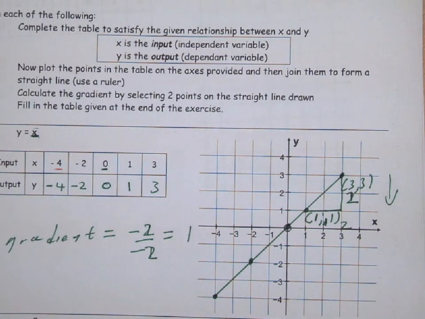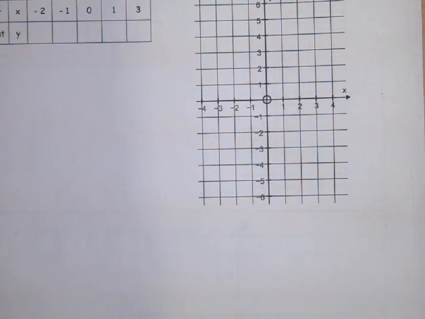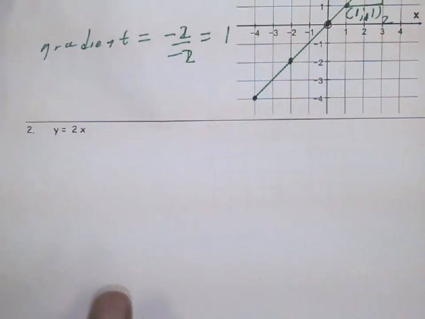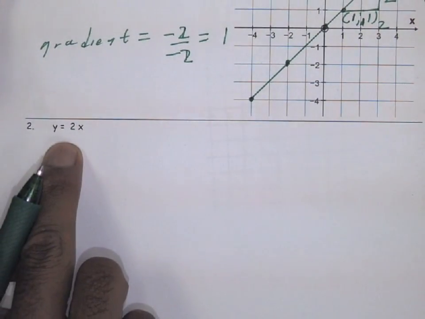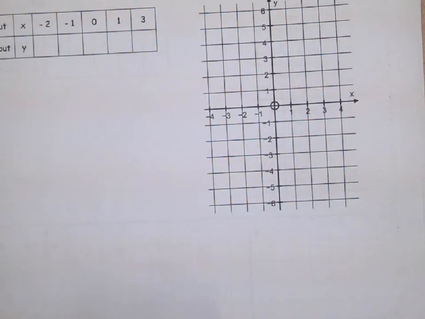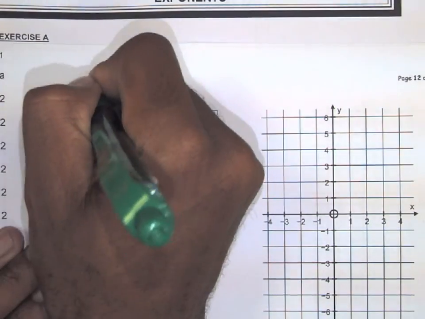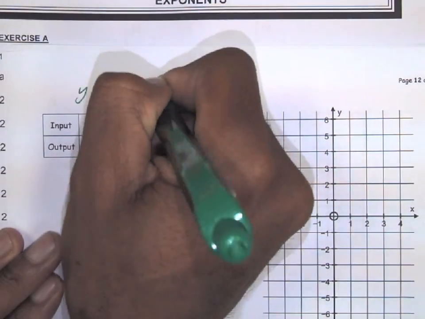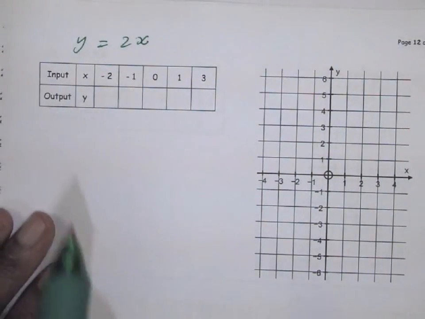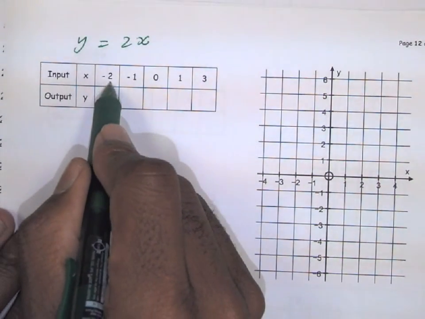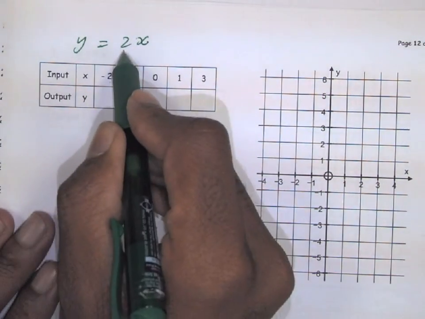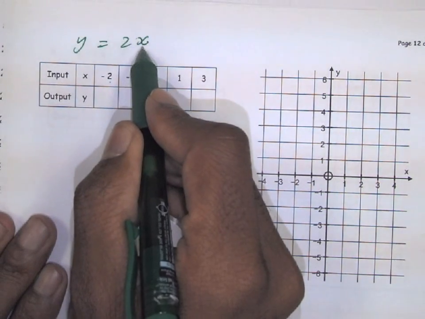Okay, let's look at the second example, which is similar. We're going to do this with 2x. So I'm going to write it down here. Y is equal to 2x. So when x is -2, 2 times -2,